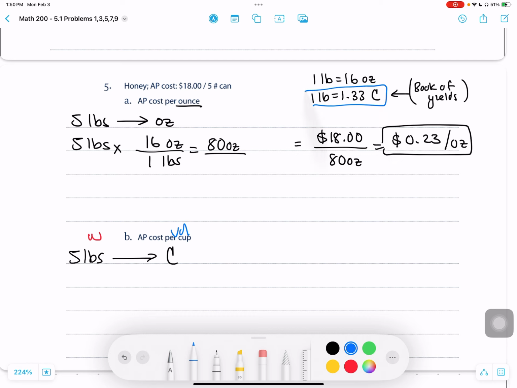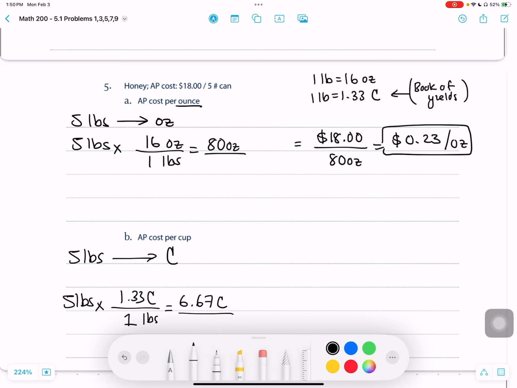And you will find that 1 pound of honey is the equivalent of 1.33 cups. Let's go ahead and use that in the conversion. So 5 pounds, pounds on the bottom, cups on the top. And my conversion says that 1 pound is 1.33 cups. Let's go ahead and multiply 5 times 1.33, which is 6.67